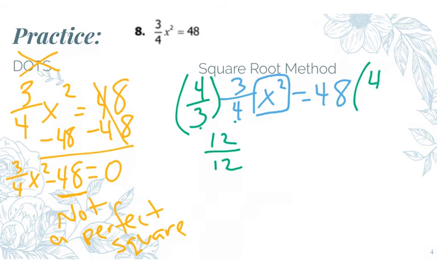So 4/3. Okay. Now 48 times 4. Oh, let me get my calculator. I need a little help here. All right. So 48 times 4, I get 192